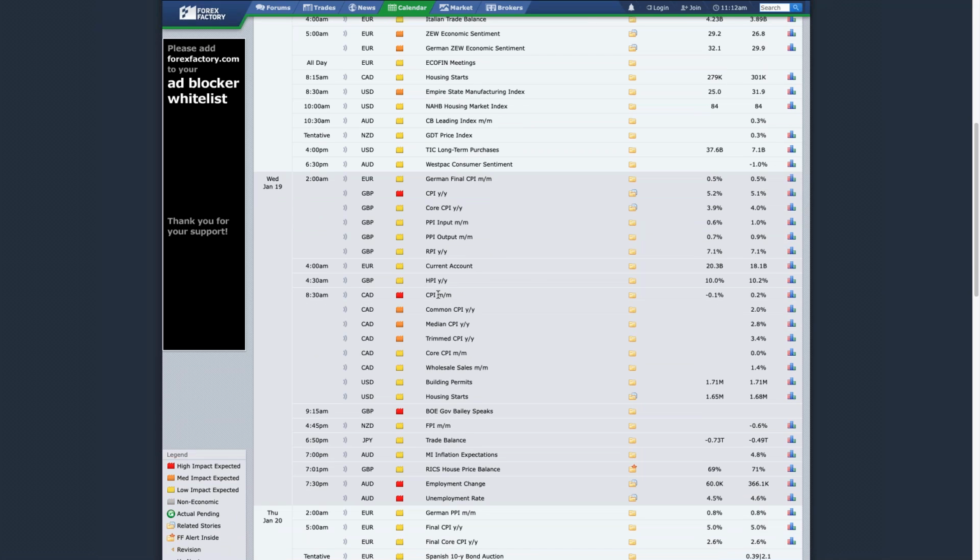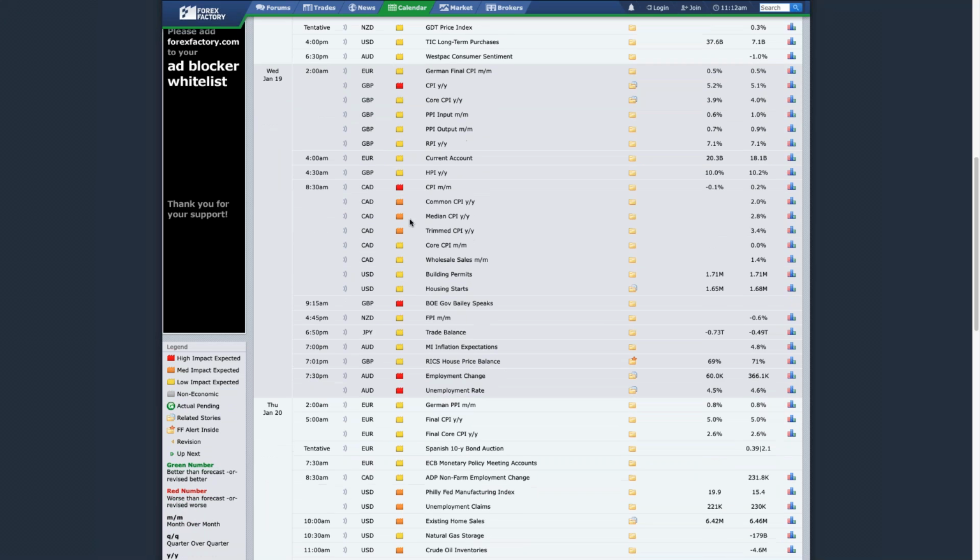Now, looking at the Canadian CPI data, if that's a big miss, if that comes in low, okay, and you can see the last CPI, it's the core data you want to look at. That's the really interesting one. If it comes in below expectations, then we would expect CAD downside. So what would be nice there is potentially US dollar CAD upside, but also look out for Aussie CAD as a pair.